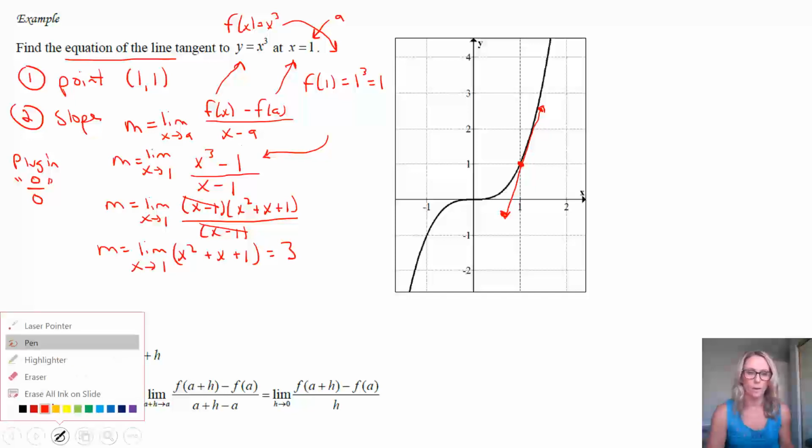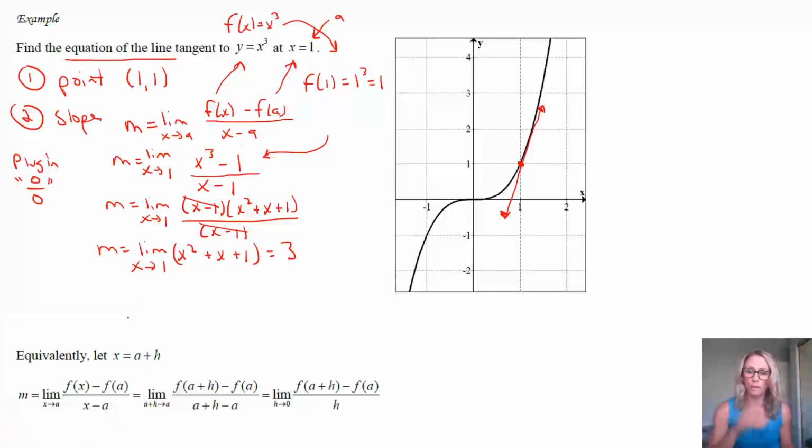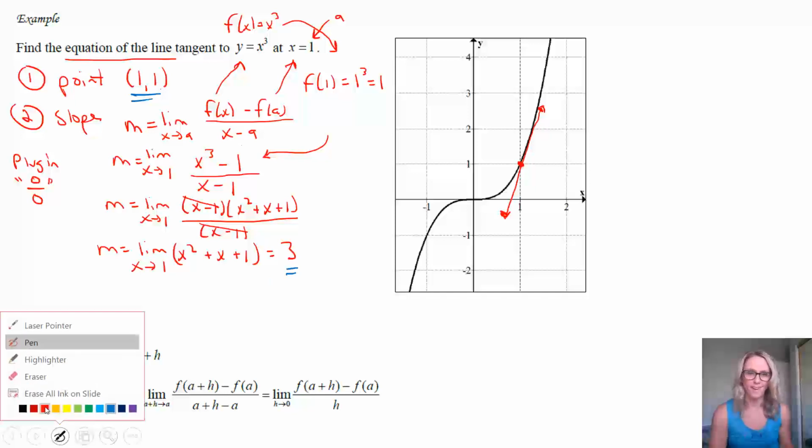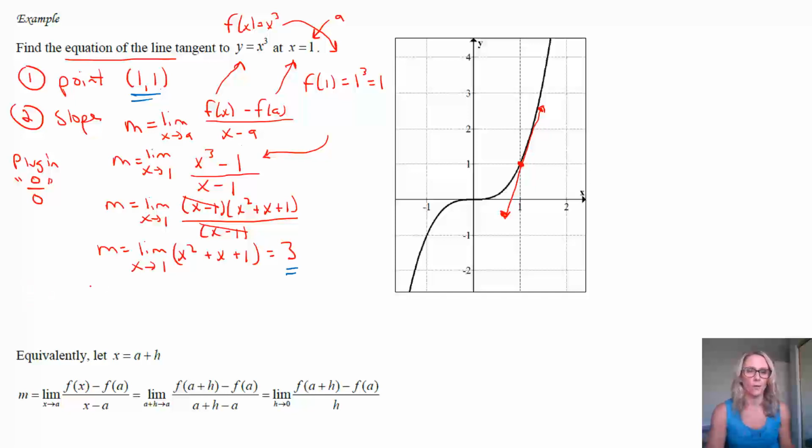What we have now found is that we have the slope at that point at 1, 1, and we have the point 1, 1. So we have the two things we need to find the equation of a line. So now you take yourself back to your algebra skills and you remind yourself that you can find the equation of the line by doing it. So our line is going to be y minus 1 equals 3 times x minus 1. So I'm using point slope form here. And that's going to give me y minus 1 equals 3x minus 3.